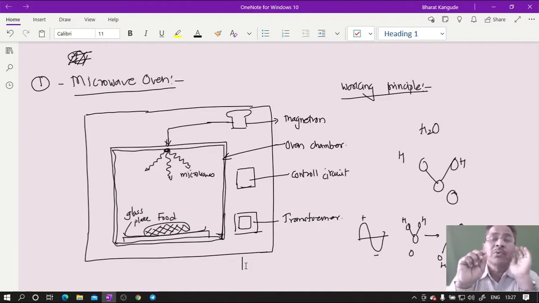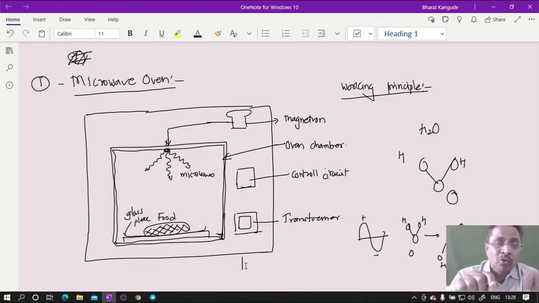Now in the case of conventional cooking, that is, in our traditional way where we give heat to an object to cook it, the heat is taken by the vessel itself, and this heat is conducted from the vessel to the food. In that case we call it surface heating. The surface of the food gets heated, and then slowly the food cooks from the surface inward. So this is called the surface heating phenomenon in conventional cooking.